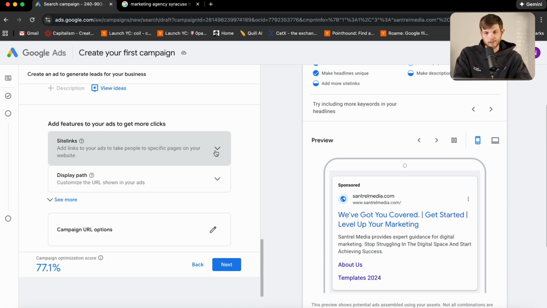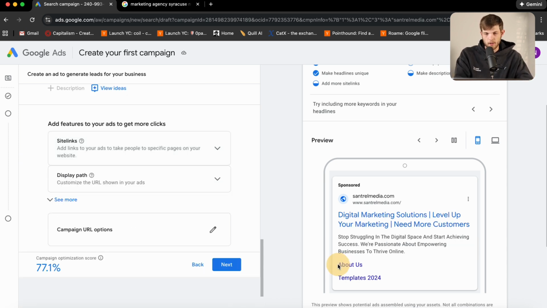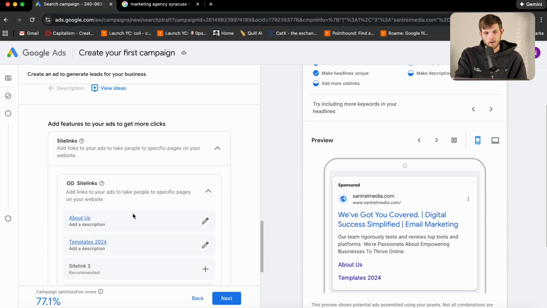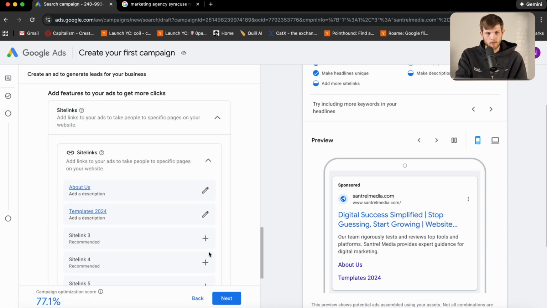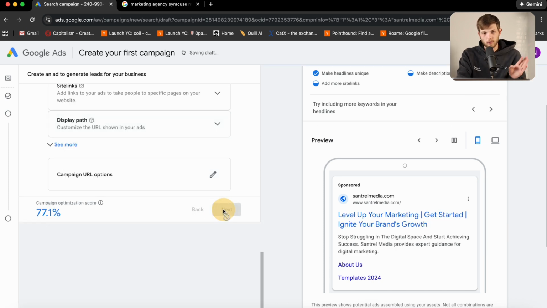And then you can also add site links. So you see these buttons down here. You can have people go directly to a different page other than the main blue button up here, and you can do that with the site links right here. If you want to have the About Us page or templates or something else, you can just add those in custom for yourself if you want to give people multiple different options of things that they can click on, right? All right, so once you've decided what your first wording is going to be for your ad,